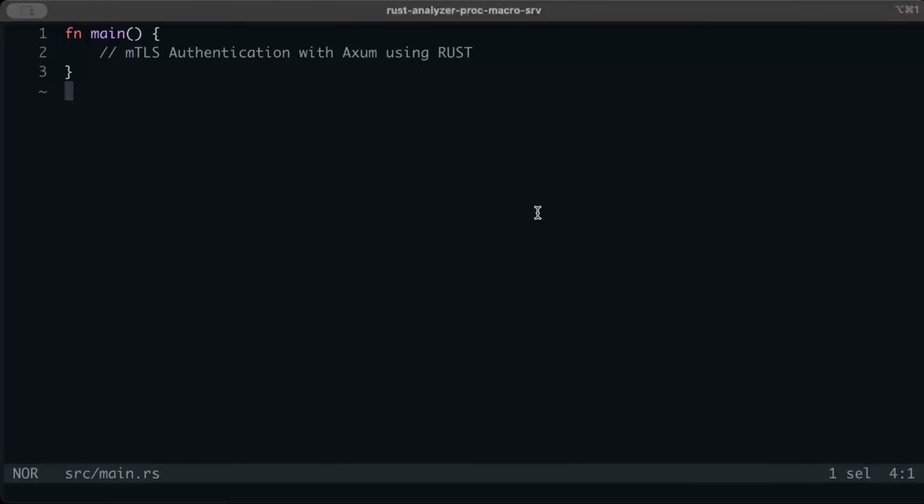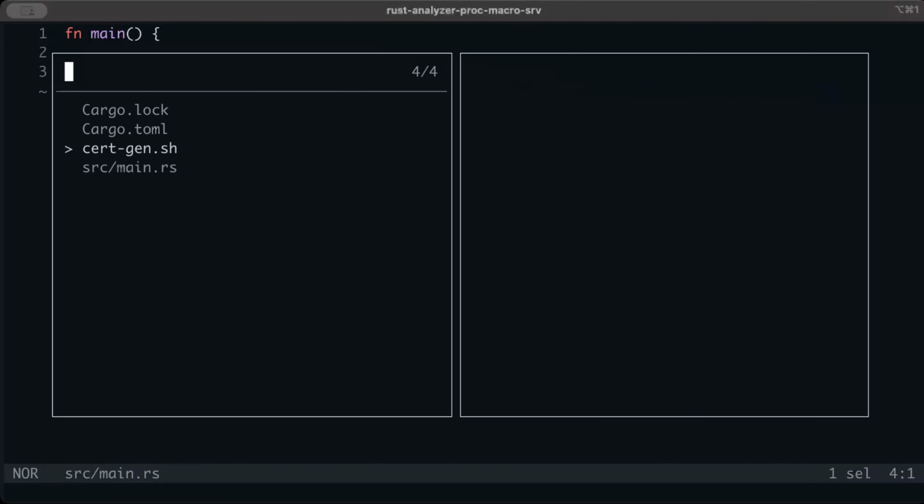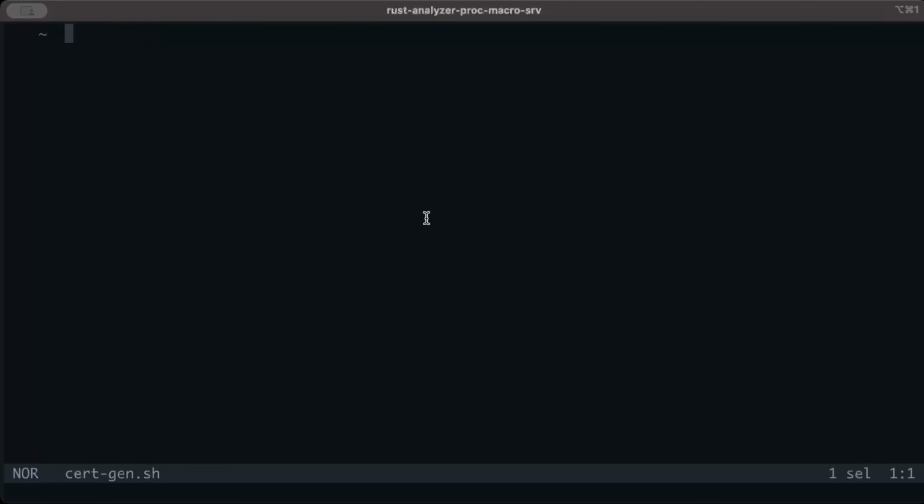Now since we know what mTLS is and why we need it, let's go ahead and generate our certificates. So I've added a .sh file here where we'll write all the commands to generate the certificates. By the way, you can also generate your certificates using Rust, using rcgen. I have a separate video on that, should be popping up somewhere on the top right. If you want to generate using Rust, you can, but since we have already covered generation using Rust, today we'll